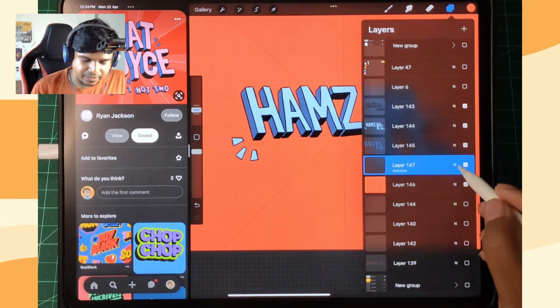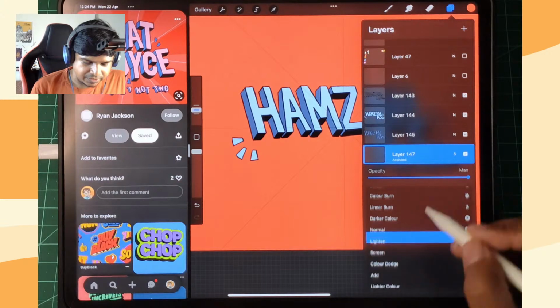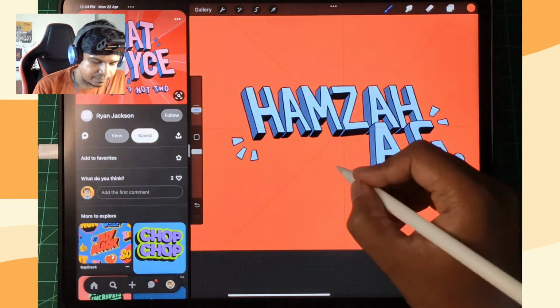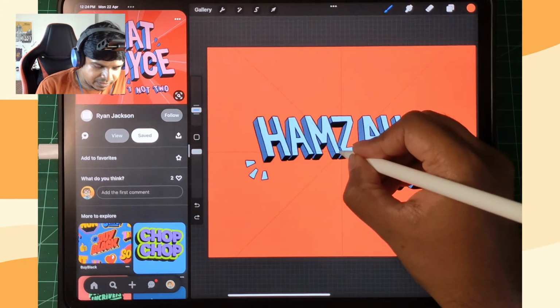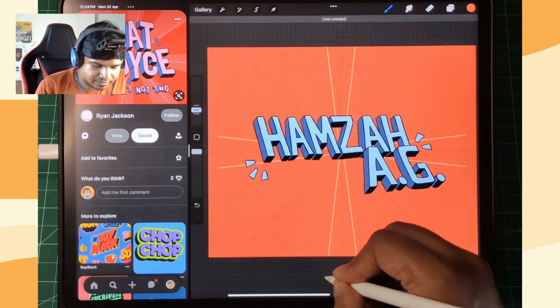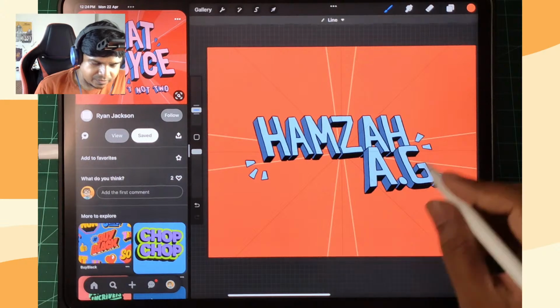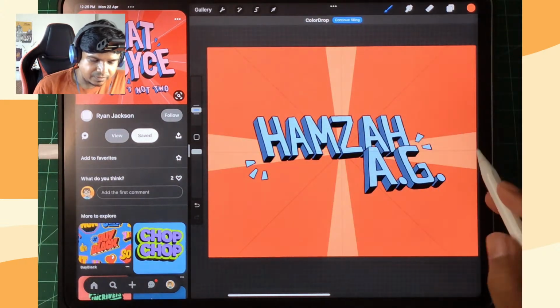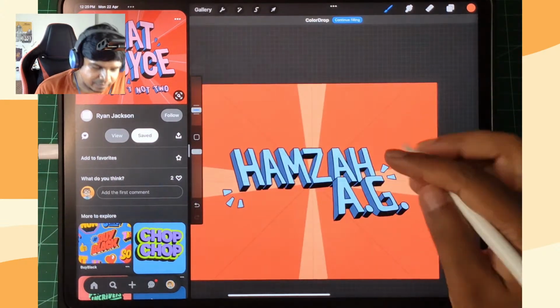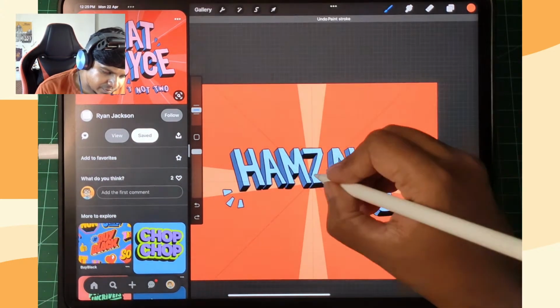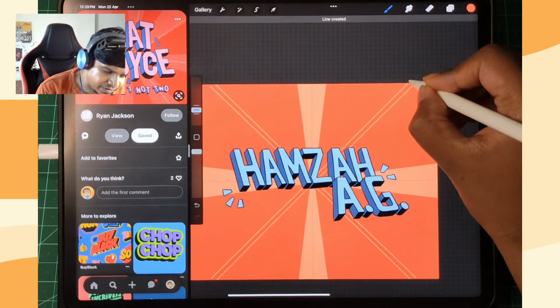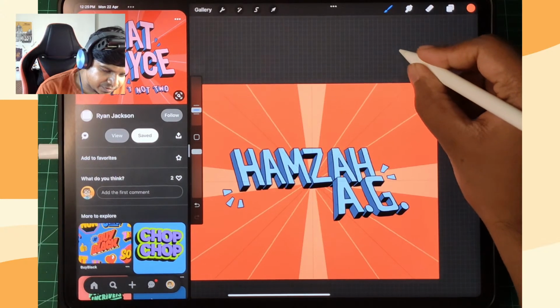I'm picking the same layer, put this in screen mode, and now I can do something like this, which will create the effect that we want from the reference,